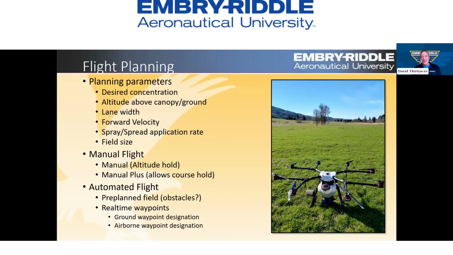This is a lot more complicated than you might think it would be, because if you take a look at that first bullet there, planning parameters, and you look at desired concentration. Sometimes, for example, on cranberry bogs up where I'm at, they will be putting some sort of fertilizer actually into the watering system. So now they're going to flood the fields with thousands of gallons of water that's going to have a very low concentration of something in it. Well, if you're flying a drone, you're very limited on how much you can carry. So what is the maximum concentration you can carry without damaging the plants and still getting the effect that you want?